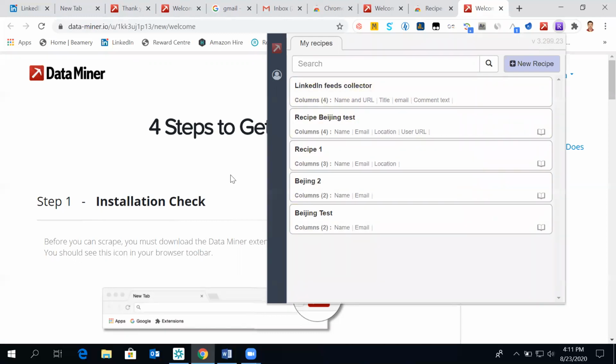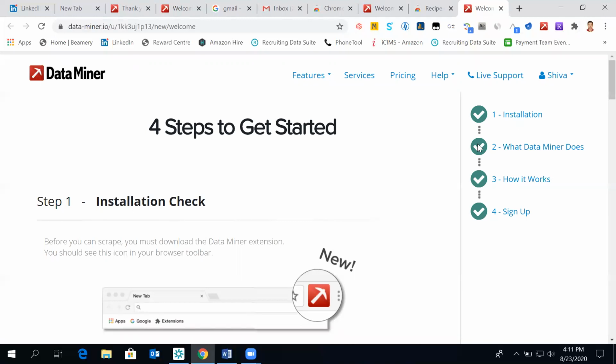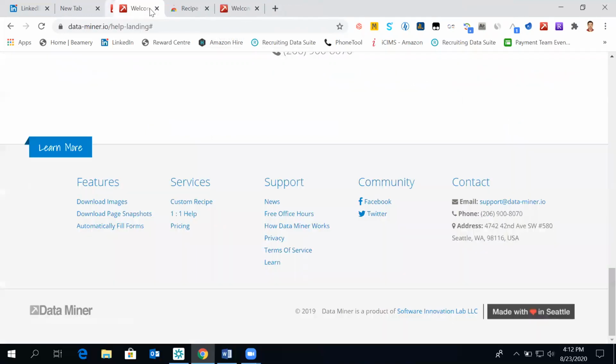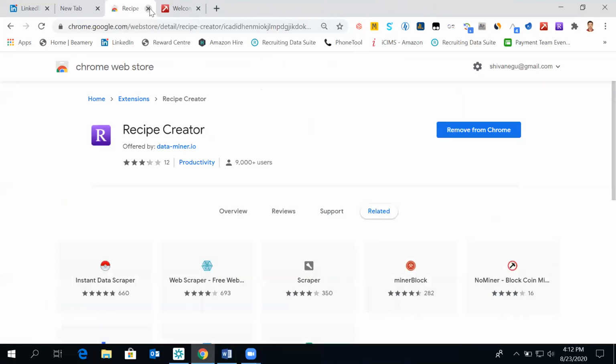I think this account still has some of the inventories. So I believe now you know how to create a Data Miner account and which are the two different tools we'll be using: one is a recipe creator and the other is a Data Miner tool.